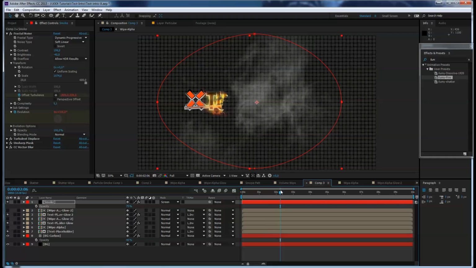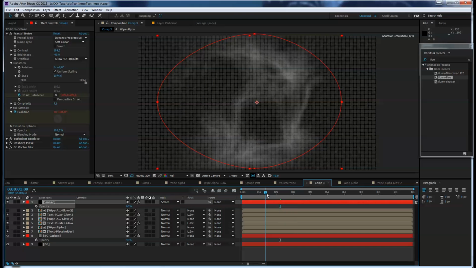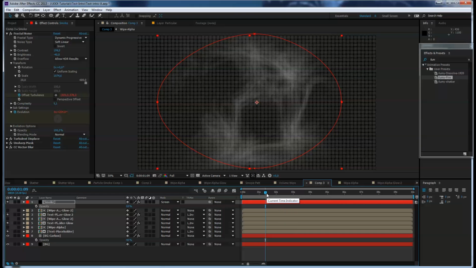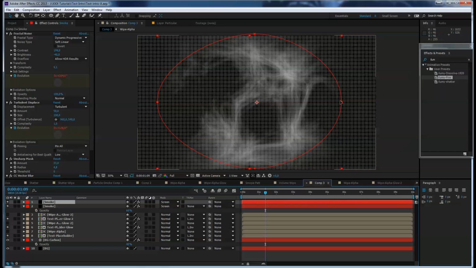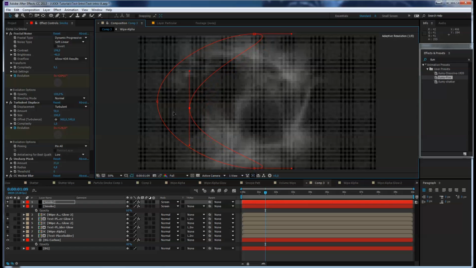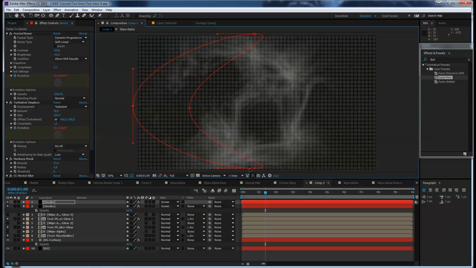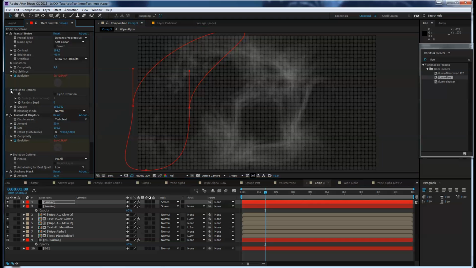Let's have a look. Yeah, could be a little bit more opaque. Let's make it 60. That's okay. Yeah, it looks fine. So we copy that again. Smoke layer selected, Ctrl D on the keyboard, and just change the mask. You want to have it here in the right area, like so. That's okay. And now, important, go to the second smoke, go to evolution, options, and evolution random seed, and just